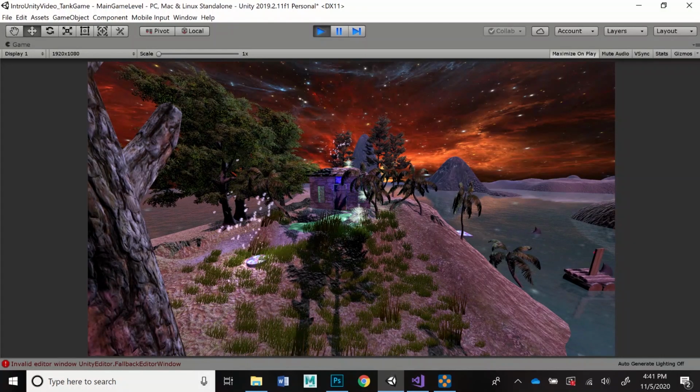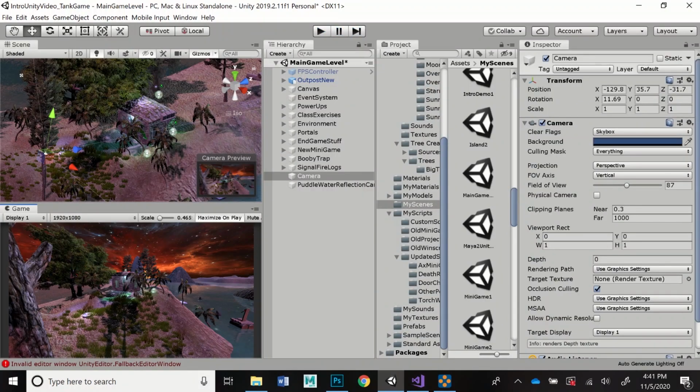So try to figure out a good view that will show something of your game world that your FPS controller doesn't necessarily show as soon as you go into your game. That'll kind of give a preview to the player of what's going to be inside the game. But don't zoom out so far that you can't tell what anything is. So once you have a camera view there,